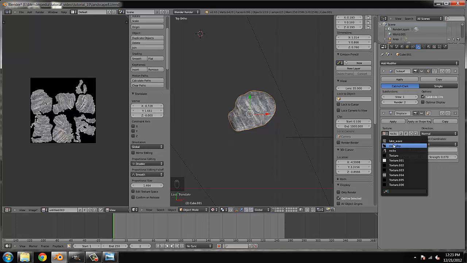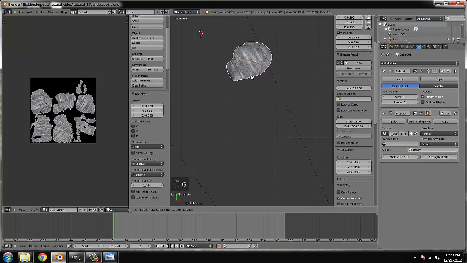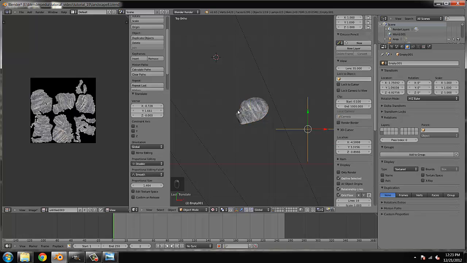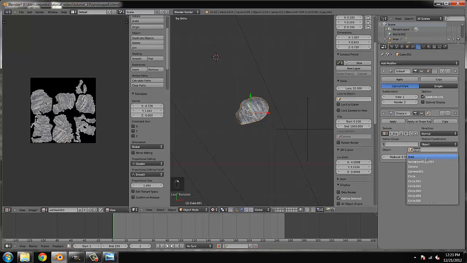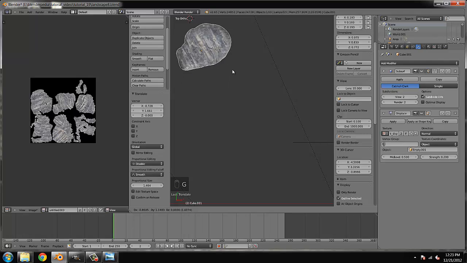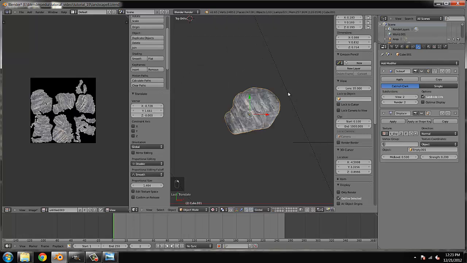Rock displacement. Yeah, now it's doing something. If I change that to 0.2, it should change a lot, but the empty 01. Why did I have the wrong empty? 0.01. And now you can see it's changing, but it's not really the thing I want. So yeah, it should have different rocks, but